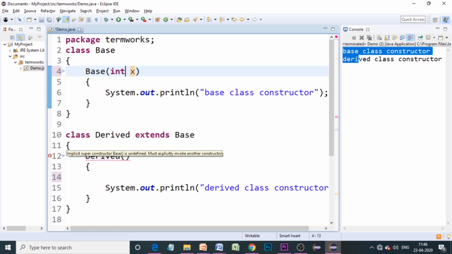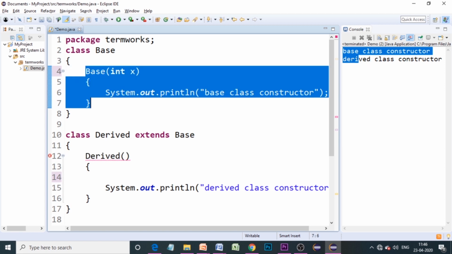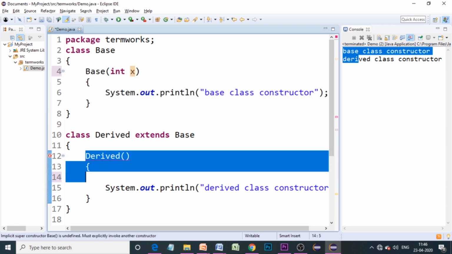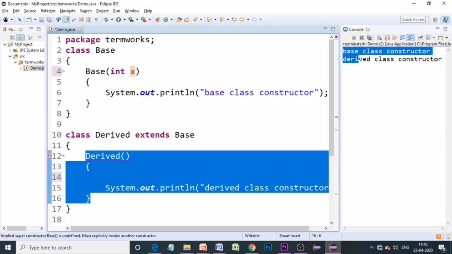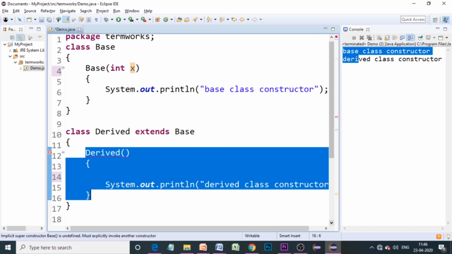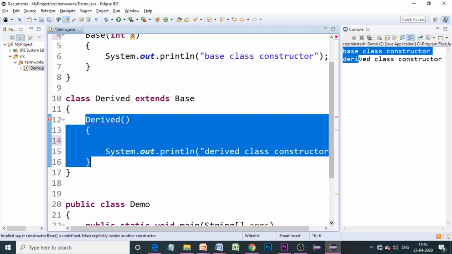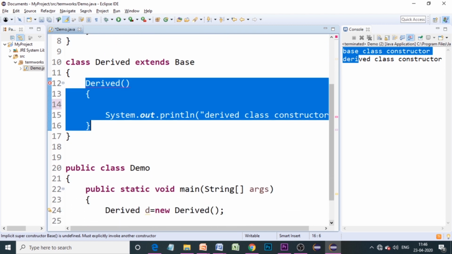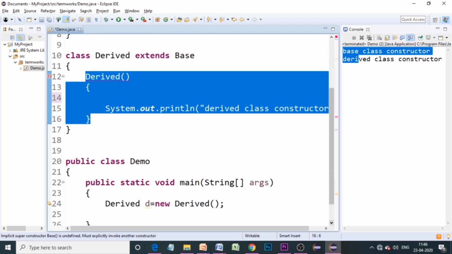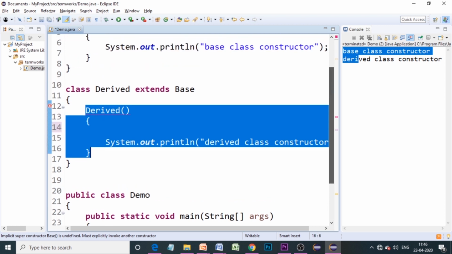Correct. That means here I have written a parameterized constructor, and in the derived class I am writing a parameterless constructor. I have created the object of the derived class, and as I mentioned earlier, whenever you create an object of the derived class and it has a constructor, the order of execution of constructors is starting from the base and then derived.